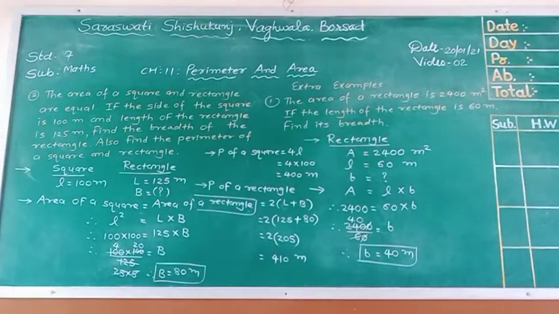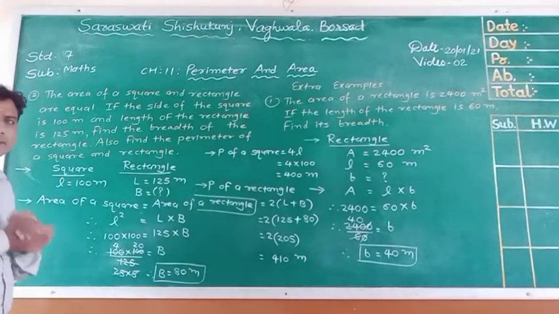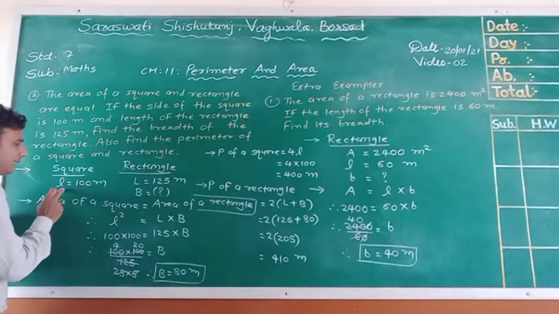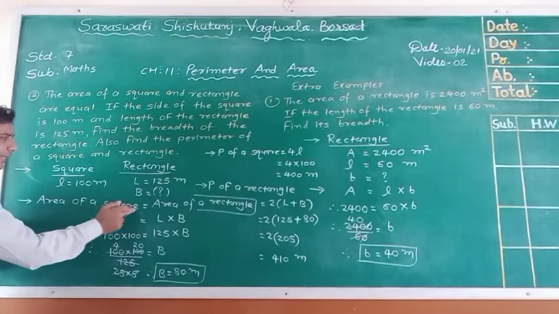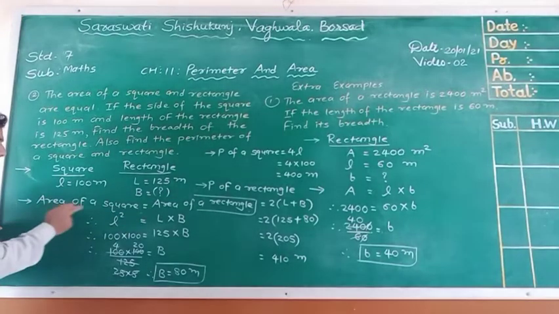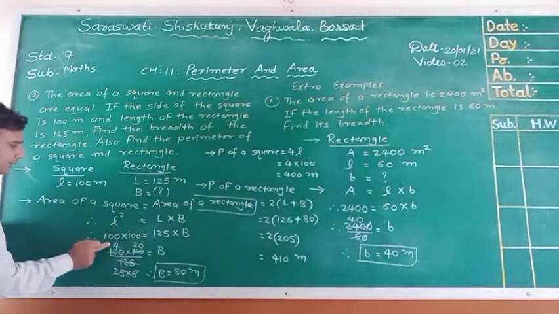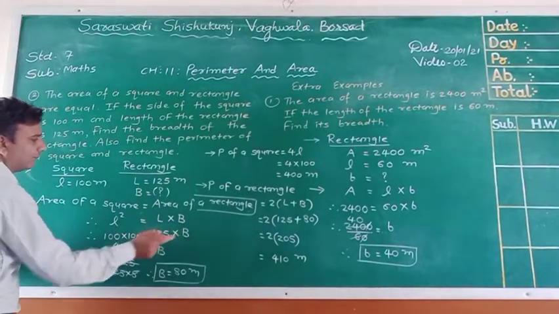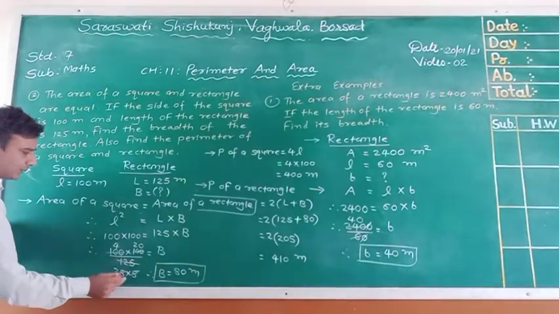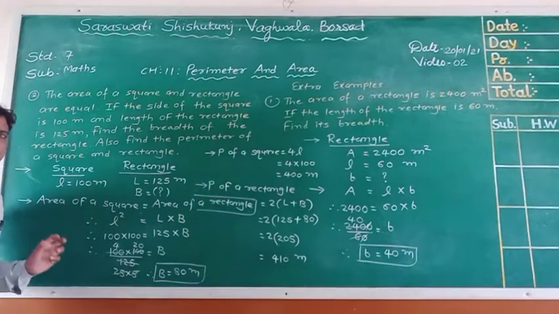Clear? So once again I repeat this sum here because this is very important. In this sum, both figures, square and rectangle, have their areas already given as equal. So first, the square measurement is given: length 100 meter. The rectangle length is 125 meter, breadth not given. Area of square equal to L square equal to area of rectangle equal to L into B. L is already given, it is 100, and square is given, so we can write 100 multiply 100 equal to length 125 multiply B. Okay, 125 going downside, so 25 multiply 5, 4 sides. So the breadth we already got, it is 80 meter.